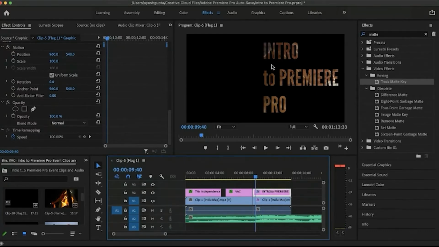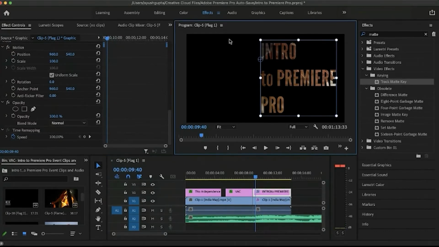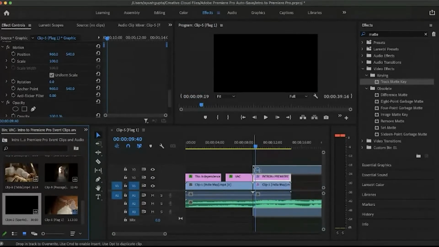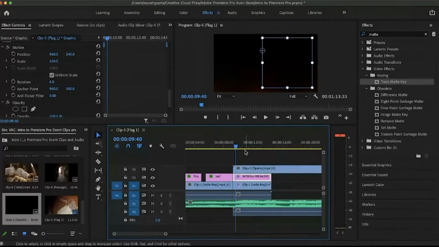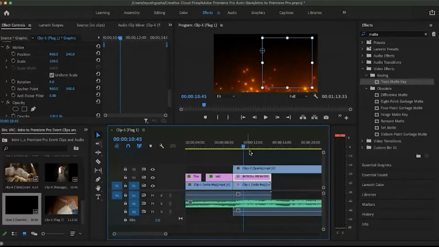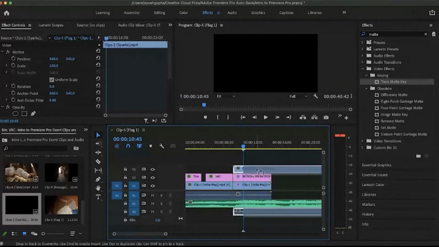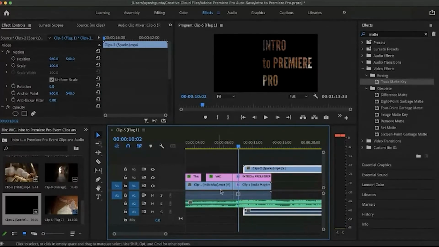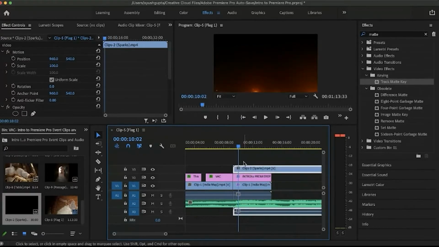Now you saw the little flame thing around here in the preview. So we'll try to put that. I'll introduce this clip. For now, the text is not visible because we dragged the clip above that text. The project panel is like a stack. It is stacked on top of each other. So if I drag an opaque clip over the previous clip, that previous clip will not be visible.